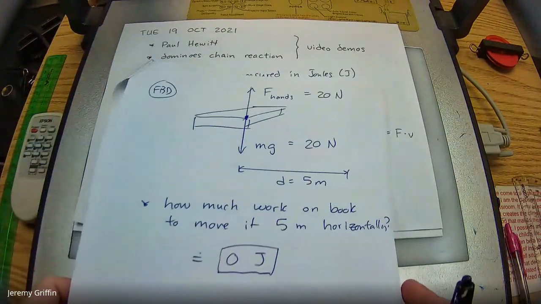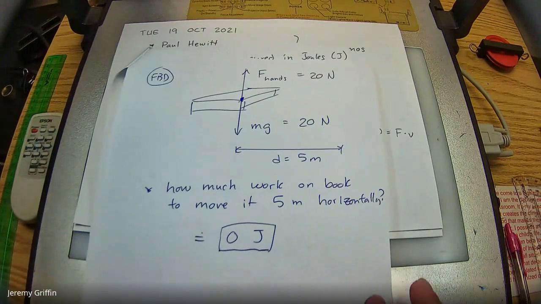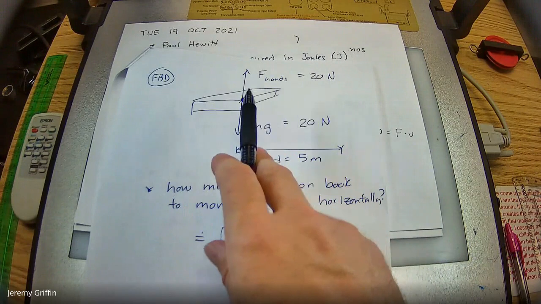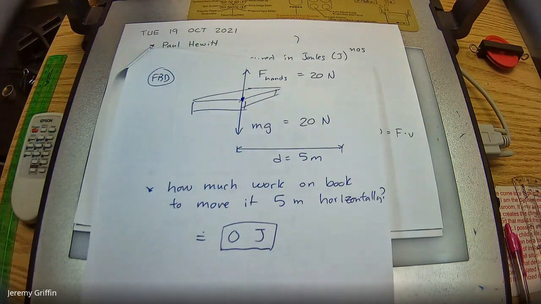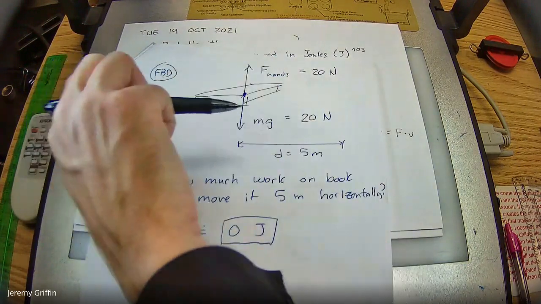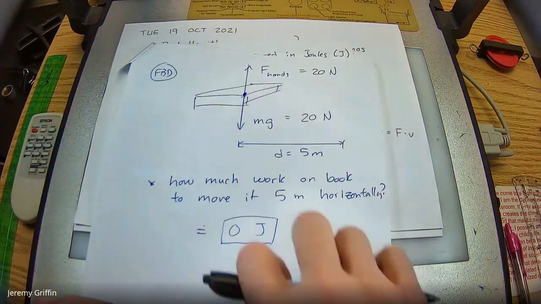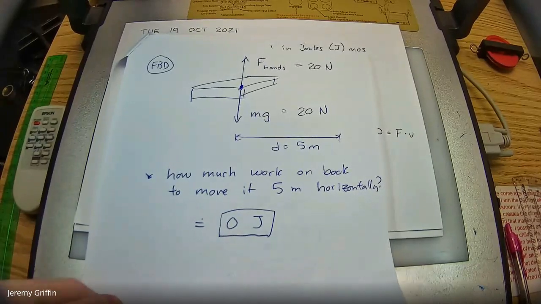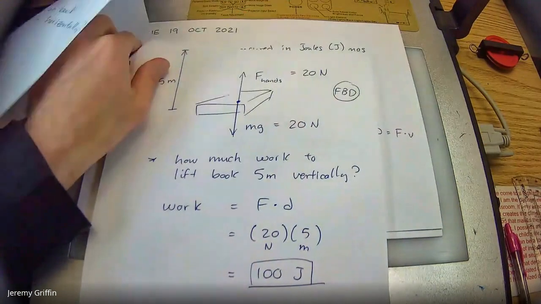One maybe extreme example of that, a counterexample, is what if you carried a textbook horizontally across the room? How much work would be involved with that? The answer is zero work, because the applied force upward and the distance moved to the side are perpendicular to each other, so one has nothing to do with the other. There's no work involved in there.